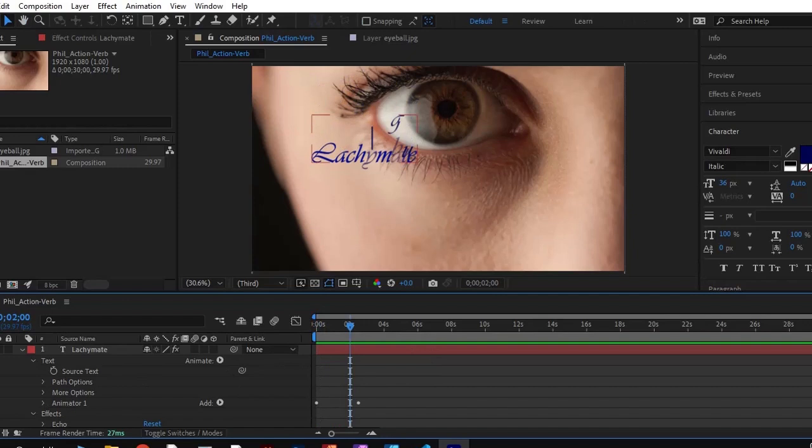Whoops, wrong one. Poke the eyeball next to the animation. And it's animator 1 in this case. And we'll see that now that disappears. So I'm not going to get rid of this yet. I might in a minute, but in the meantime, I am going to go through here and